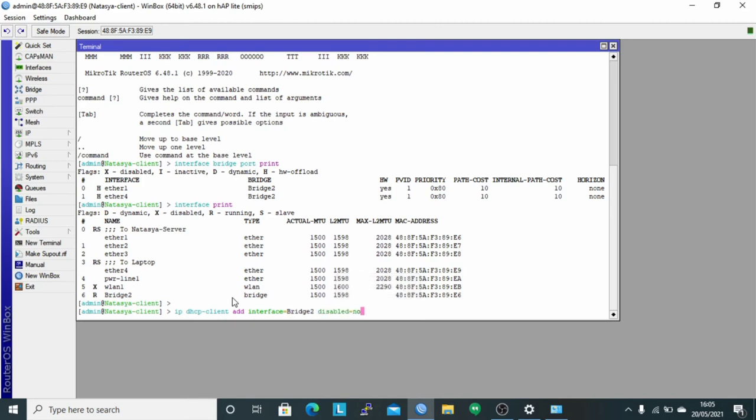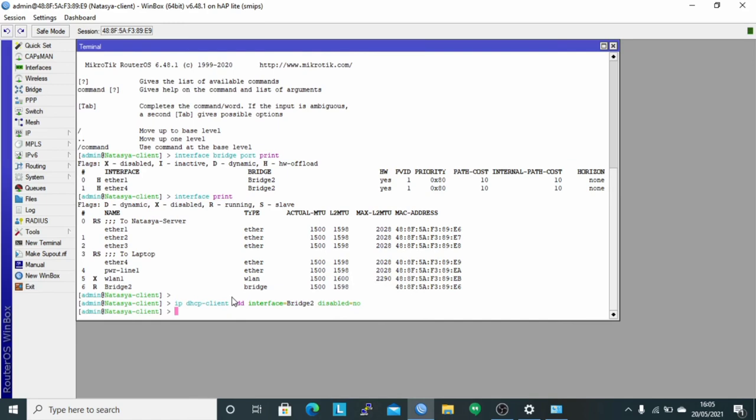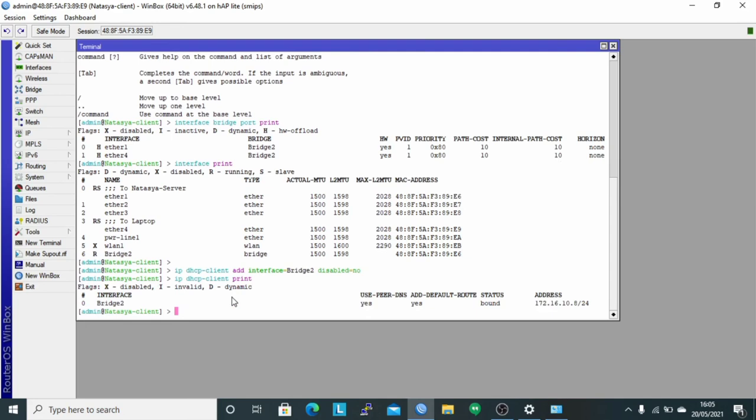and disabled no. If ready, check with the command IP DHCP client print. It can be seen that the router client gets the IP address 172.16.10.8/24 from the DHCP server on the router server.